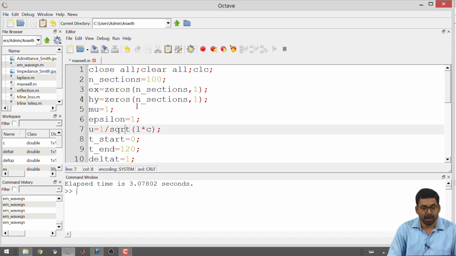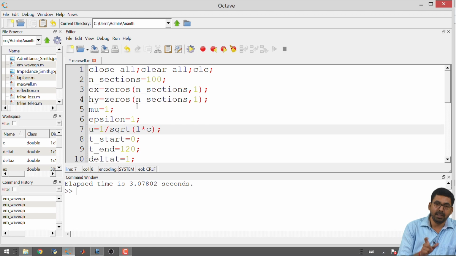Immediately we will notice that we are plugging in mu as 1 and epsilon as 1, simply because mu r and epsilon r are enough to deal with what is happening. So, most of the times when running these simulations, we are just trying to understand the difference between doing this in vacuum and in a medium. So, mu r and epsilon r are relevant because the velocity becomes 1, all the calculations become easy. Secondly, mu is a small value, 4 pi into 10 to the negative 7. Similarly, epsilon is 8.854 times 10 to the negative 12. It is a very tiny number.